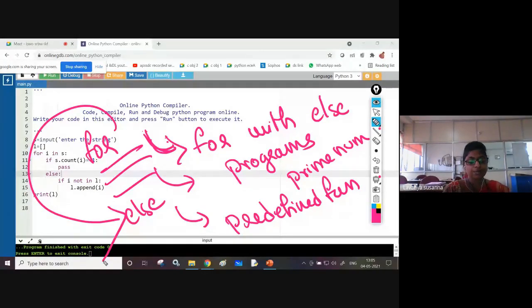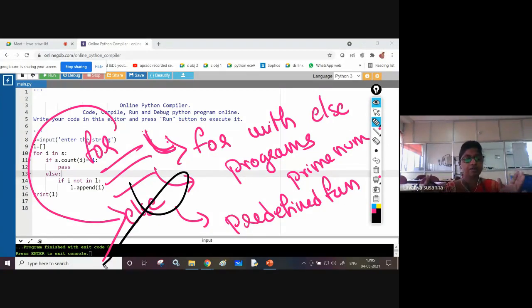At that time this else block will get executed. But this else block will not get executed when you are using some break statement inside the for suite. If you are using a break statement, that means you are forcefully making the cursor come out of the for loop. At that time this else block will not get executed.